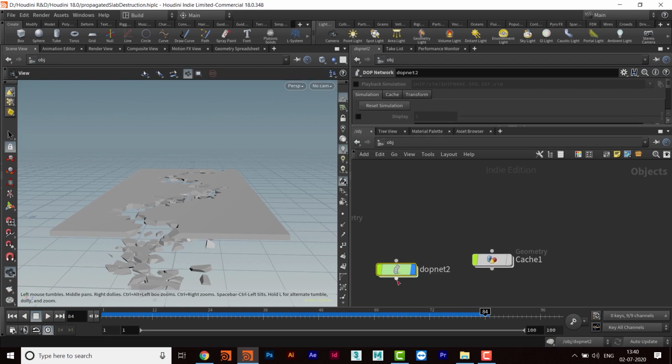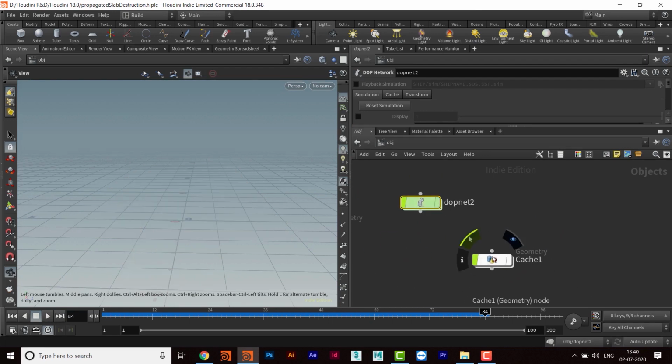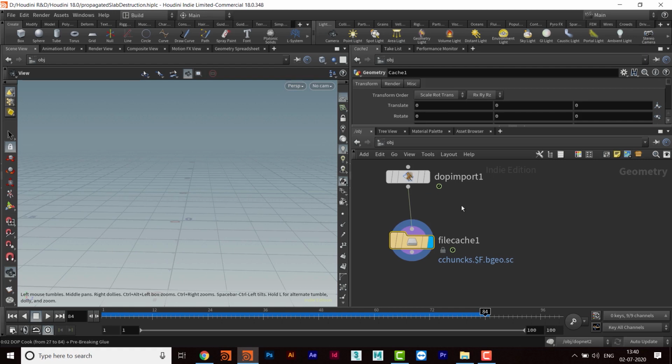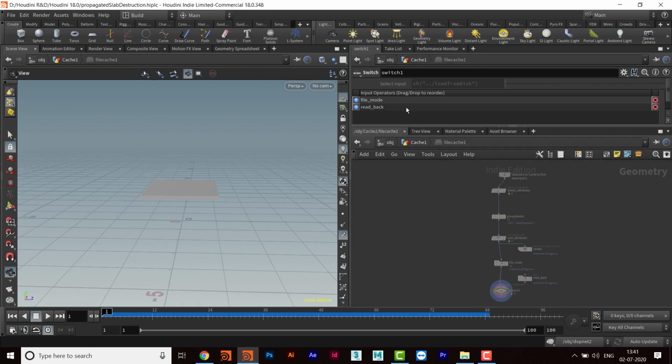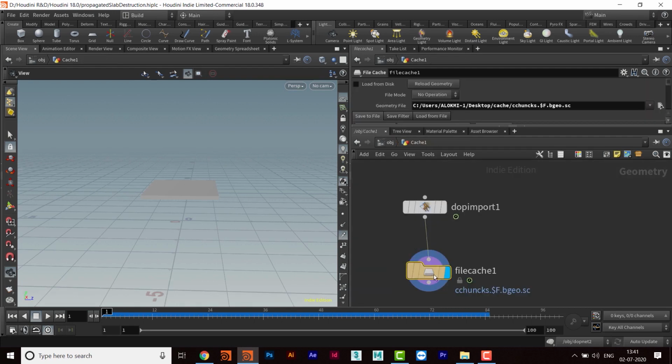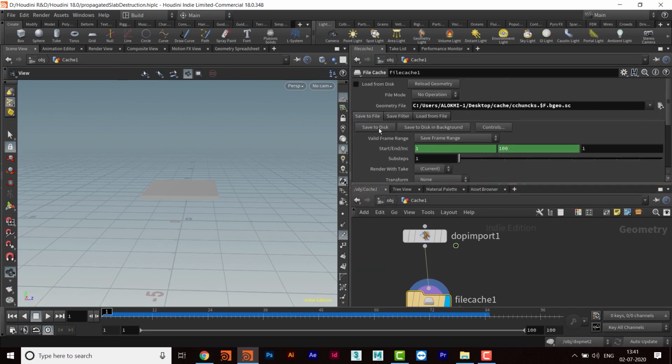And then we will go to this cache, and then we will write down the cache. Okay, so now we'll come here, and then we'll go to save to disk.